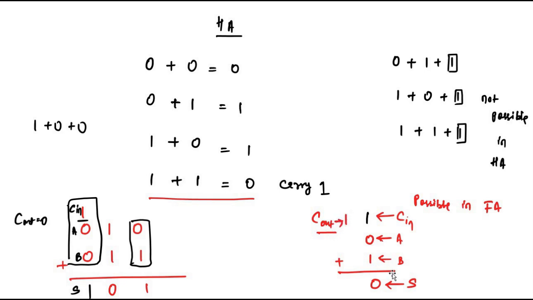So this goes to carry output. The carry output bit goes high, and the sum output goes low, depending upon the convention: 0 stands for low, 1 stands for logic high. So sum will be 0, and output carry will be 1. Now how can we implement this